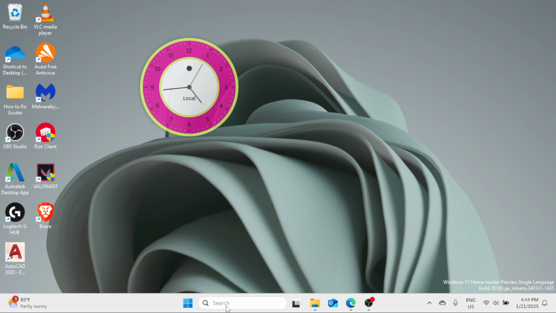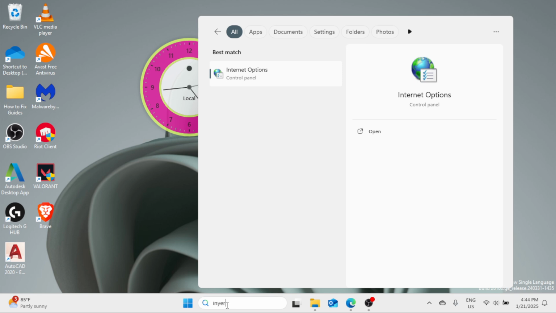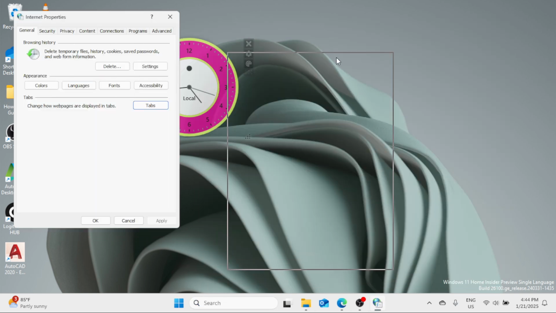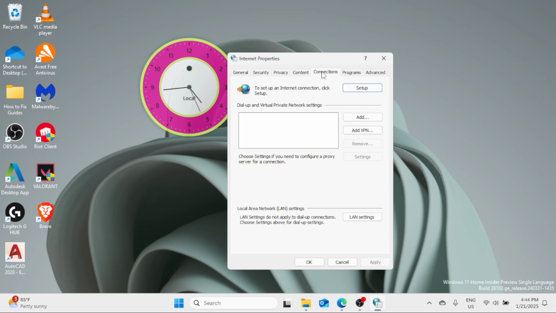Now in the Windows search bar right here, you have to close your Google Chrome window first, then move to the solutions. Type here Internet Options, Best Match, click on that. Now here in the Internet Properties, you have General, Security, Privacy, Content, Connections, Programs, and the Advanced tab. Click on the Connections tab